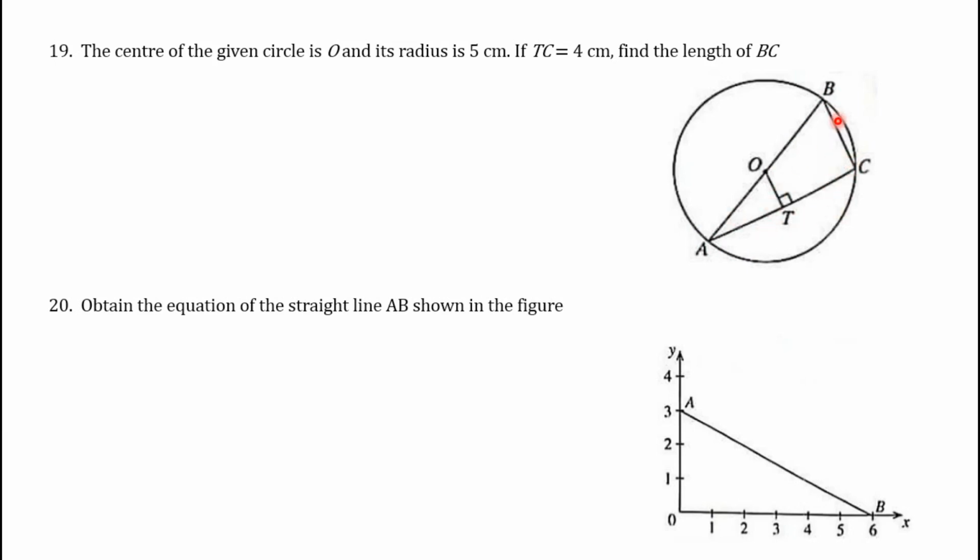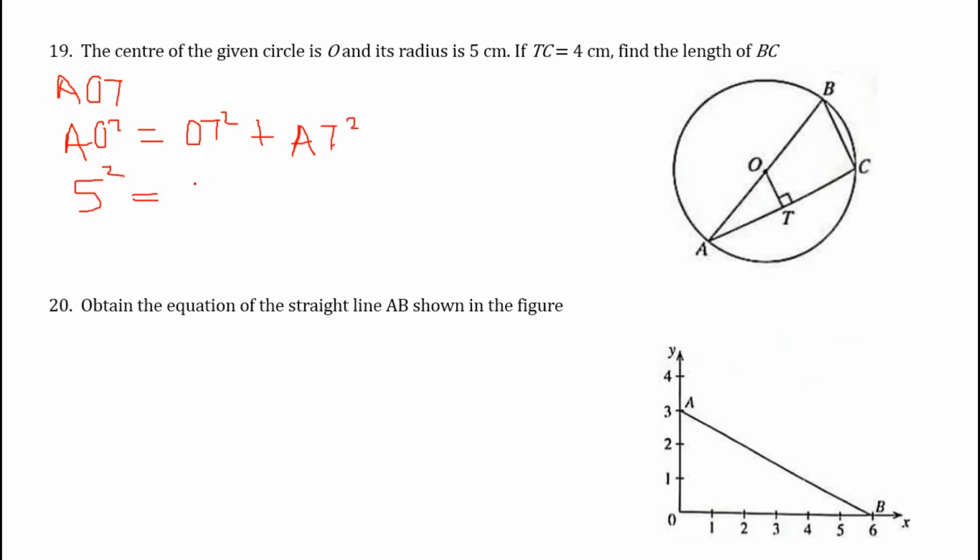This is known as an equiangular triangle. If this is 4 cm, this will also be 4 cm, and this is the radius and this is also a radius. So this is 5 cm, this will also be 5 cm. So now we should find the value of OT by using the Pythagoras theorem of this triangle AOT, and once we find the value of OT, we should multiply the value of OT by 2 so that you get the value of BC. So by using the Pythagoras theorem for the triangle AOT,